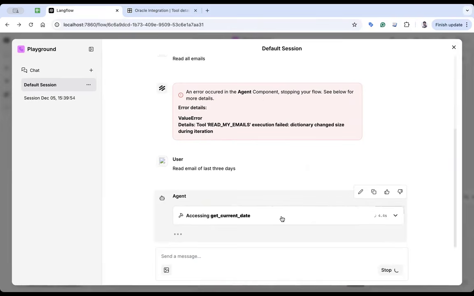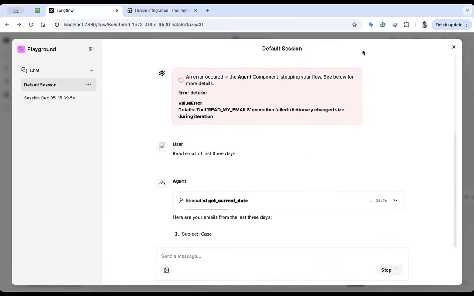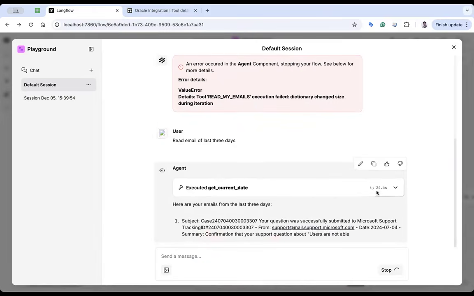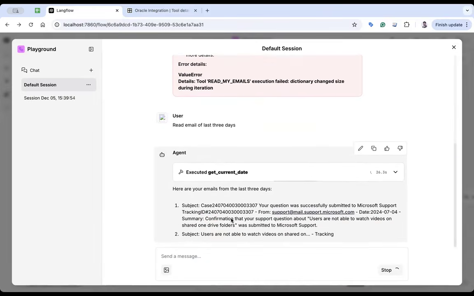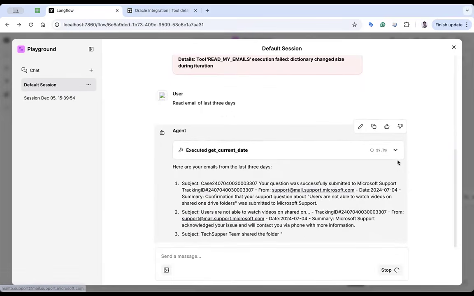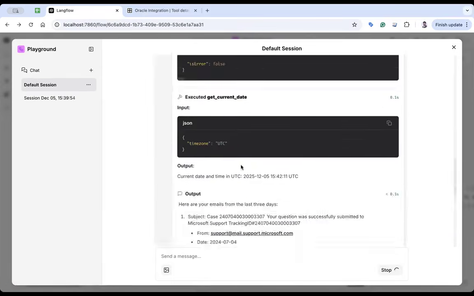Let's see what is getting passed: get current date, which is fine, which is the internal tool of LangFlow. It is waiting for this to execute, maybe a little slow. And see, here are your emails. It is again calling this, a little slow. Subject: your question was successfully submitted to Microsoft. It might be possible it has passed something